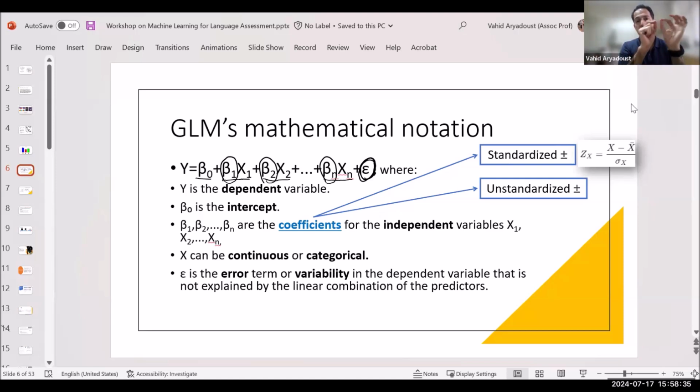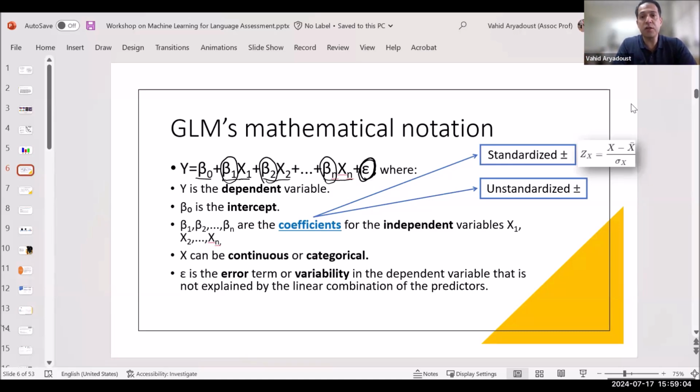Then you deviate every data point from the mean of your variable, and then you divide it by the standard deviation to get your standardized value. And after that, if you calculate the mean of your standardized variable, you'll find out, oh, the standardized mean is equal to 0. That's the difference between standardization and non-standardization. Just remember,